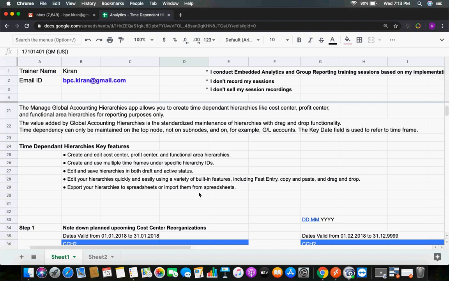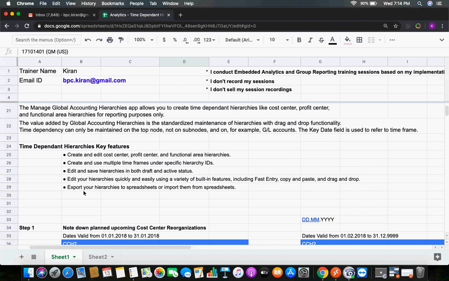So they are explaining the benefits and how to create this in these features. They are saying, using these time dependent hierarchies, if you have one Excel sheet, from the Excel sheet you can import to S4HANA.